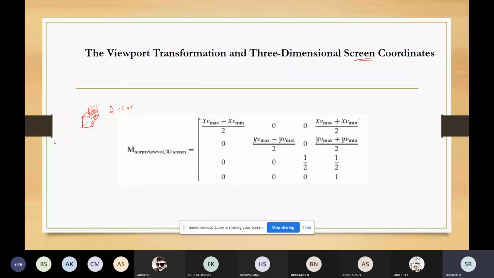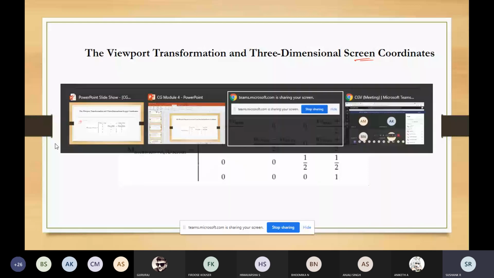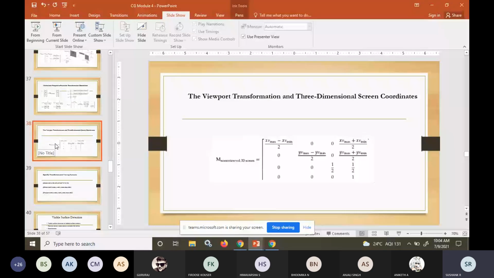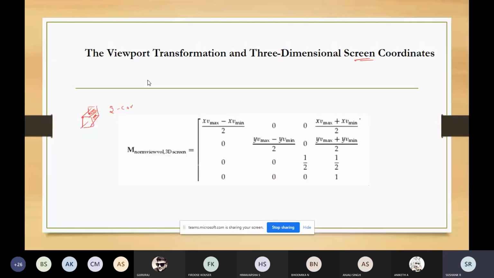We need this z information to maintain the depth information so that it can be used for visibility testing and surface rendering algorithms.